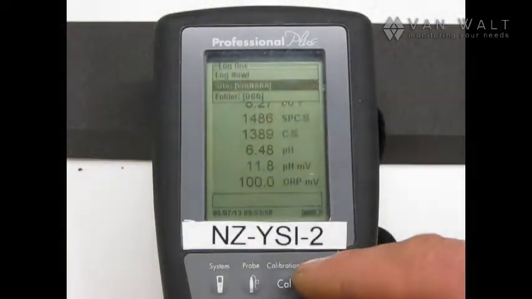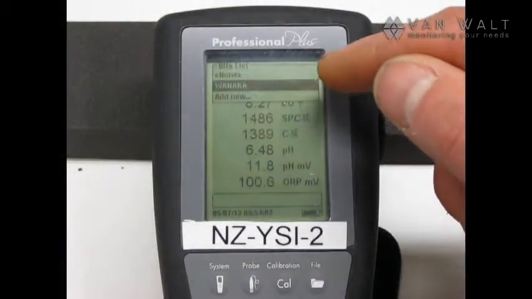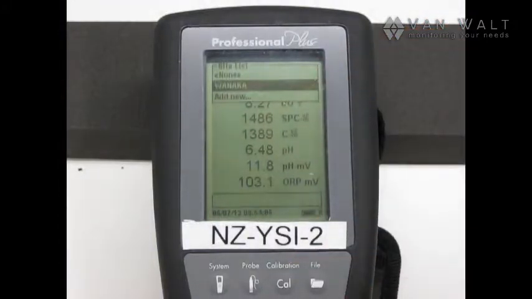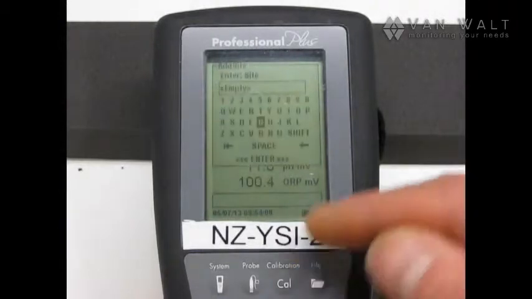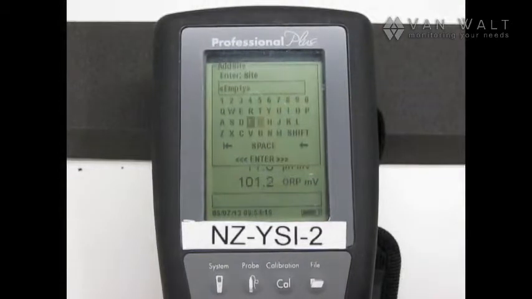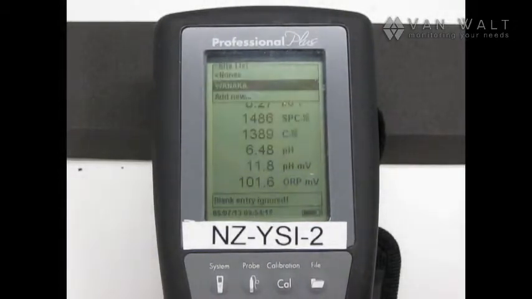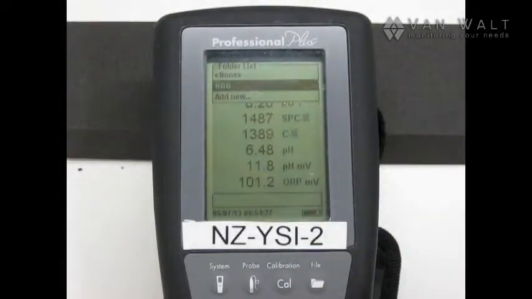I'll scroll down to the site, enter. So Wanaka is one of the sites, and we can add a new site as well. If I enter there, and you just have the option to name a site, exit. OK, and back again, and the folder is the same, enter, and there's an add new option there. OK, so that's where I'm going to do it. Log now,